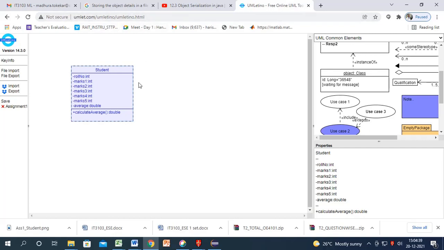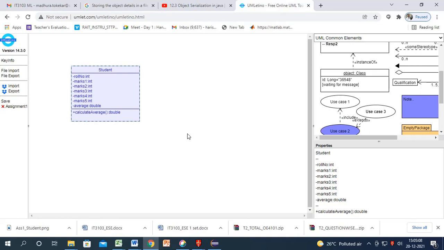yUML.com. This yUML.com site is actually an online tool which is available for you to draw any diagram which we call a Unified Modeling Language diagram. All this, how the class name is to be written, how the methods are to be written, how the attributes or properties of the class are to be written, all this is standardized.